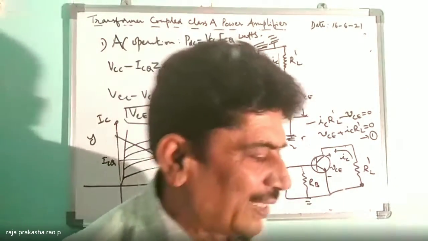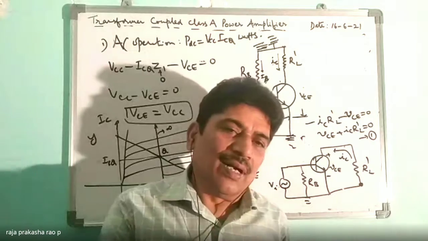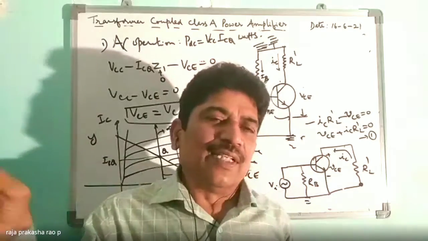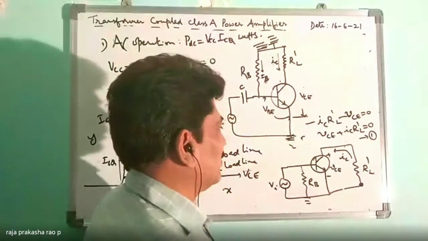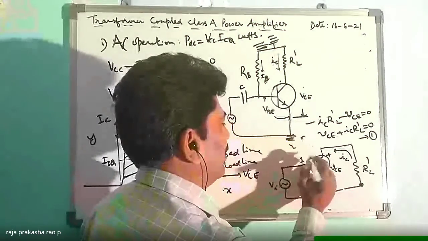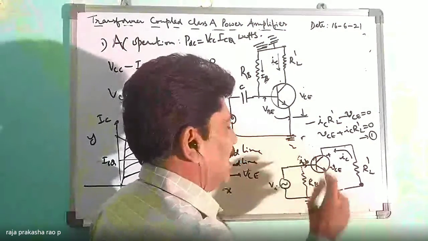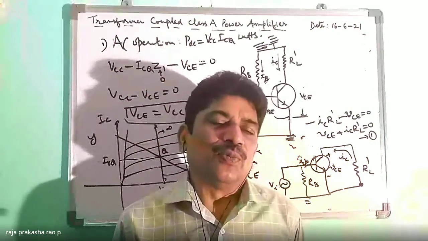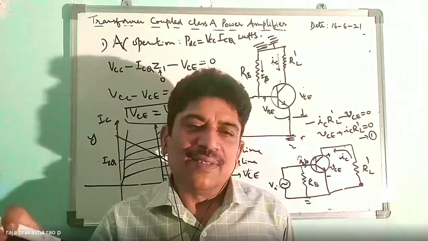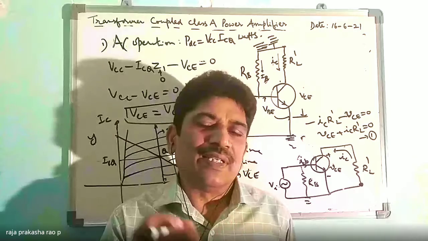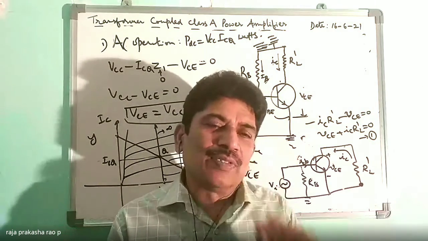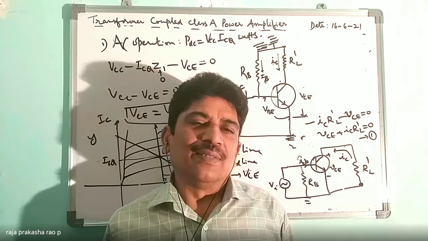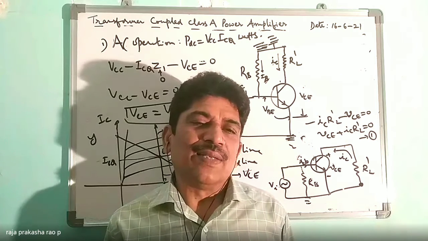Okay. So when input signal is applied, base current will vary. Is it not? If input signal is not there, base current will be constant. Since input signal VI is applied, base current will vary. So this is IB. IB will vary. It varies on IBQ. Once IB varies, IC also varies. Why? Because the current IC is directly proportional to IB. IC is equal to beta times IB for common emitter transistor. That is, beta is current gain. So IC is equal to beta times IB.